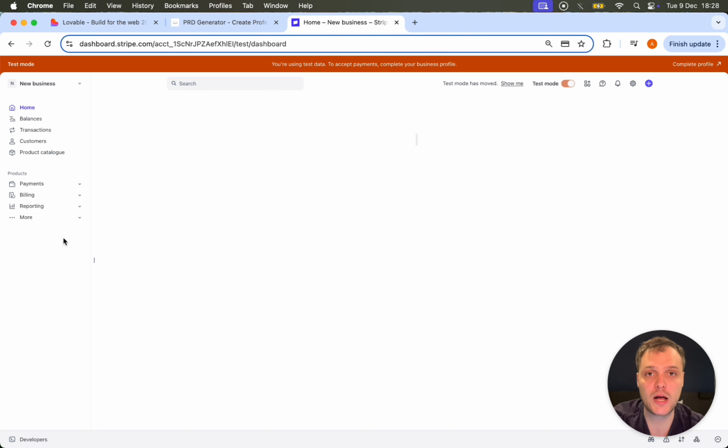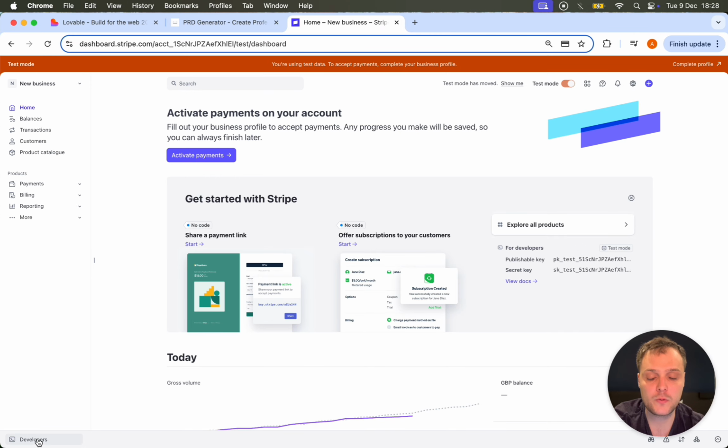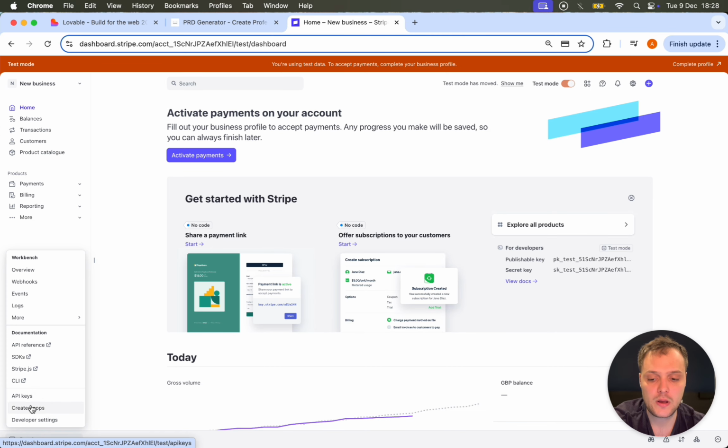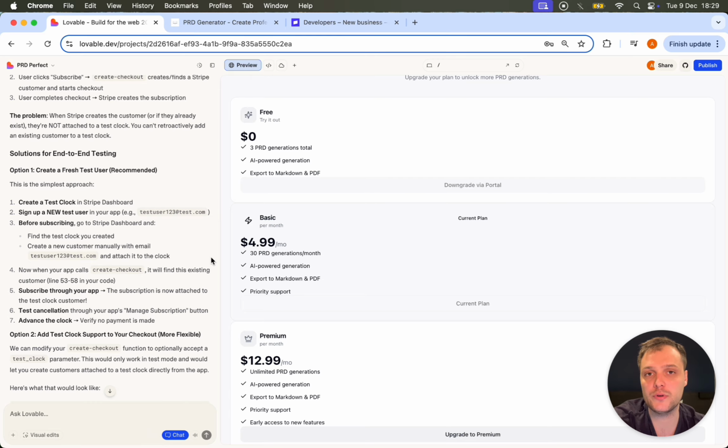And essentially what will happen is once you exit the test mode, you're going to do the same thing we'd done before when getting the secret key. You just go to developer, API keys, and then you're going to copy and paste the secret key from the live Stripe environment into your Lovable app. So you're basically going to swap your sandbox or test keys for your live keys, and that means that real